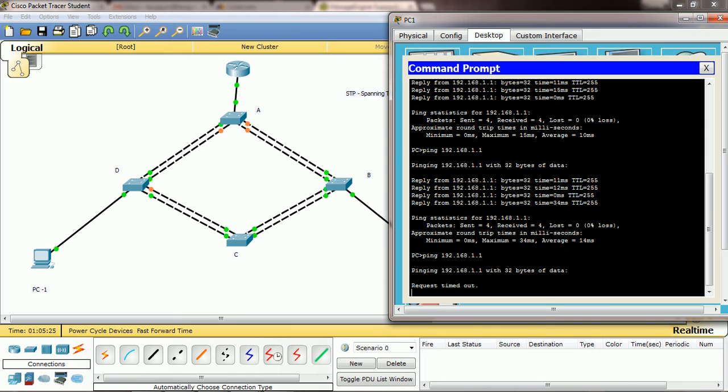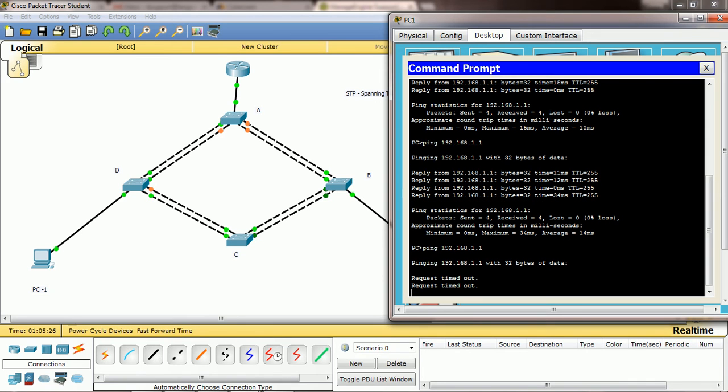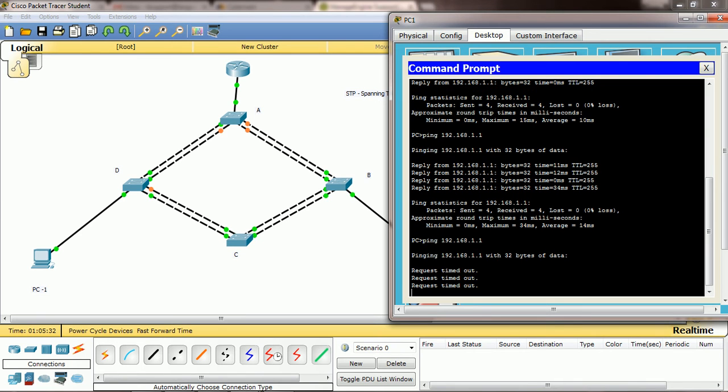Okay, local loop. Loop in the sense the request will go to these 4 ports and again this side and this side, again it will come here, again it will come back, again it will come, so it will keep on running in this. So see, you can see the loop has happened. To avoid this, the spanning tree takes care to avoid the loop.